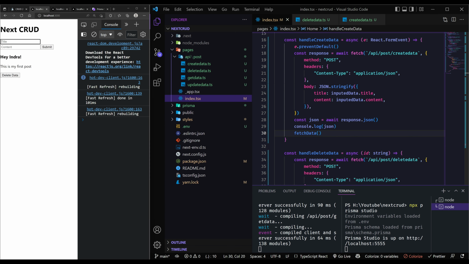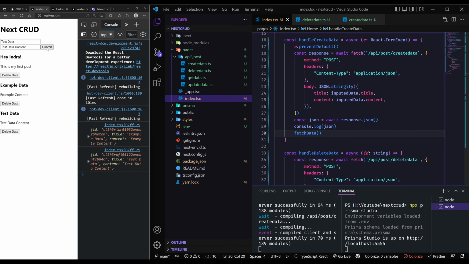So whenever we finish, for example, when we submit here, it will call the fetch data and will automatically add the data inside our mapping here. Test data, content, and we can see, yeah,